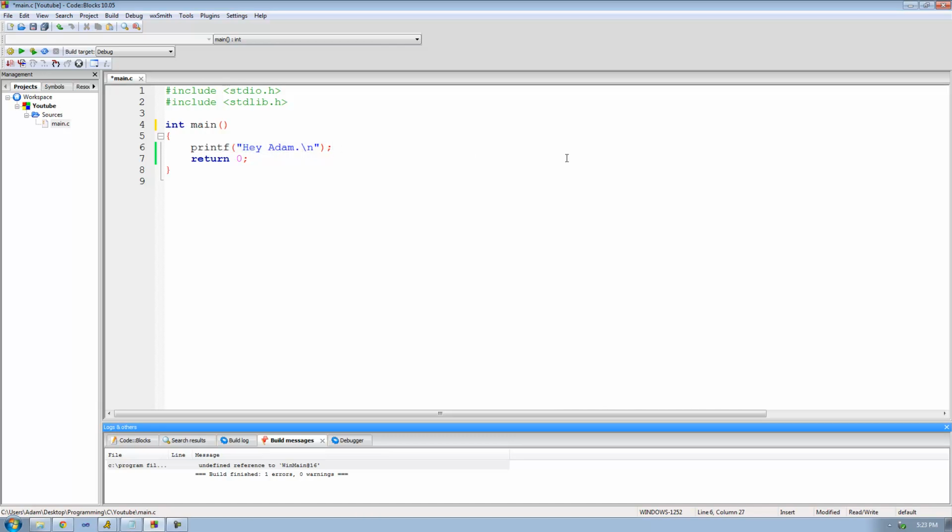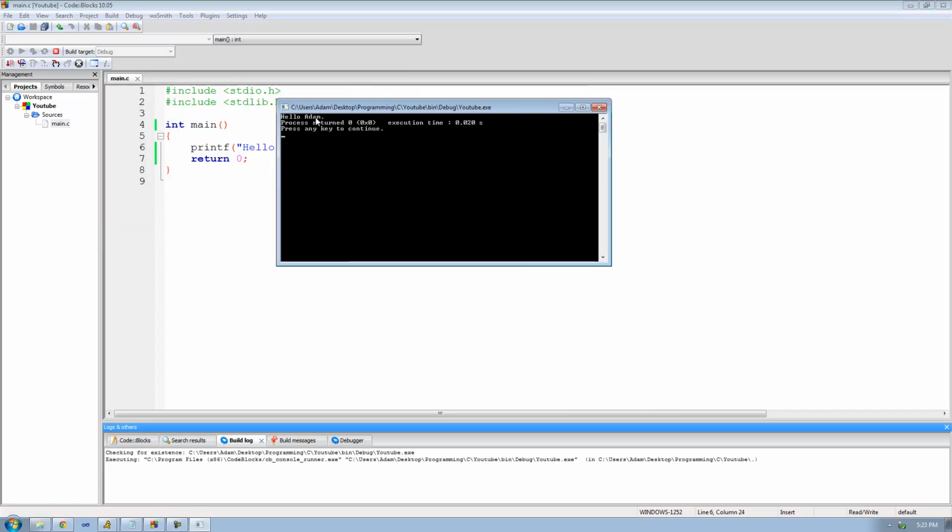And what printf will do is it will basically just print out text onto the screen. So I had it print out, "Hey Adam." And in order to represent text in C, you have to put two quotes, and then inside of those two quotes you can just type text. So I want to output "Hello Adam," period. And then just go ahead and run this program, and we see that there we go, it just printed out